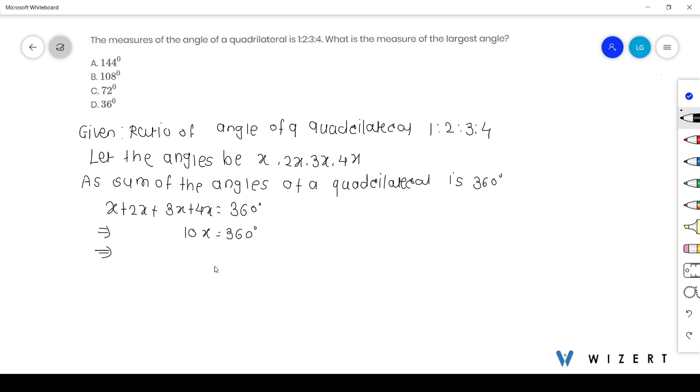So divide both sides by 10, we get x equals 36 degrees. Hence, the measure of the largest angle is